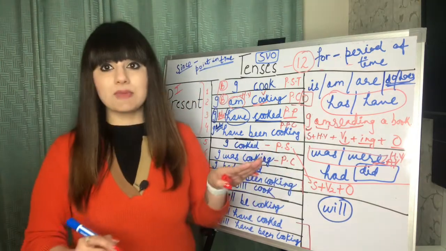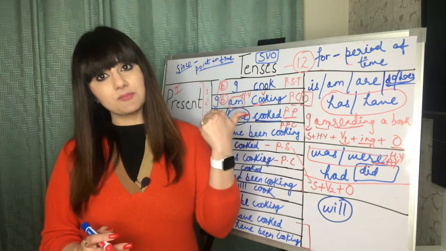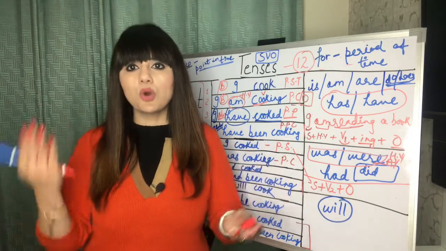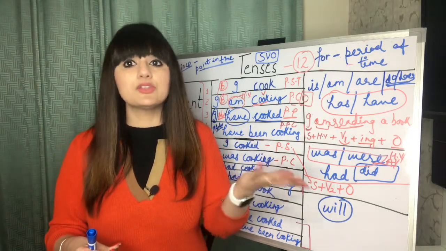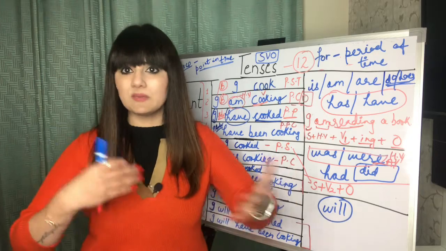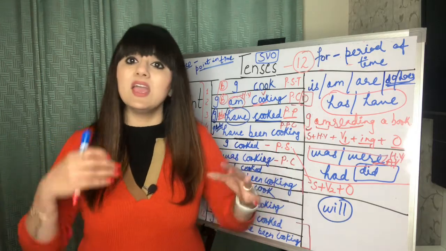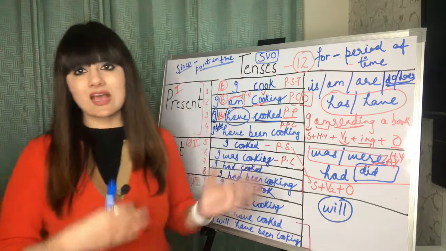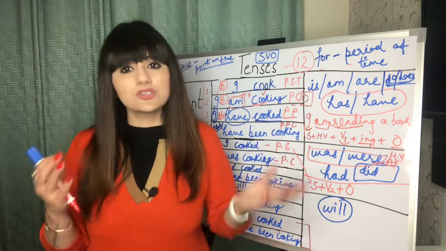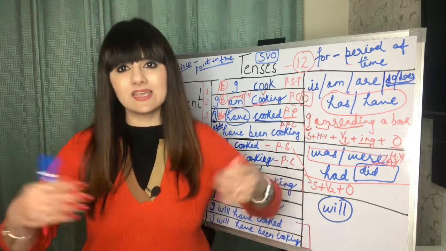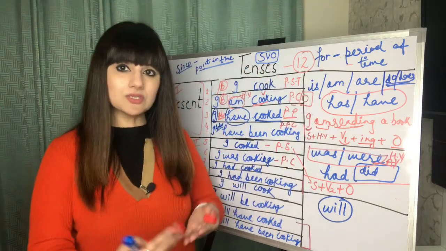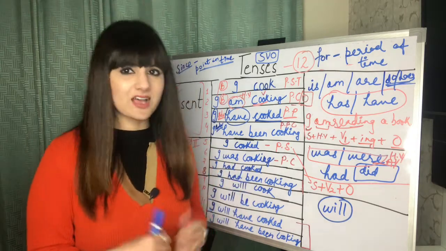Here I'm talking about an action that happened in the past and was continuing in the past. When you want to talk about something in the past, maybe you are discussing with friends on a phone call, or someone arrives at your place, and this kind of situation happens, you could say, "At that time I was cooking in the kitchen, I'm so sorry I couldn't pick up your call." This kind of conversation means you're talking about your past experiences. All right, so here we use our past continuous tense. I hope it's clear to you.